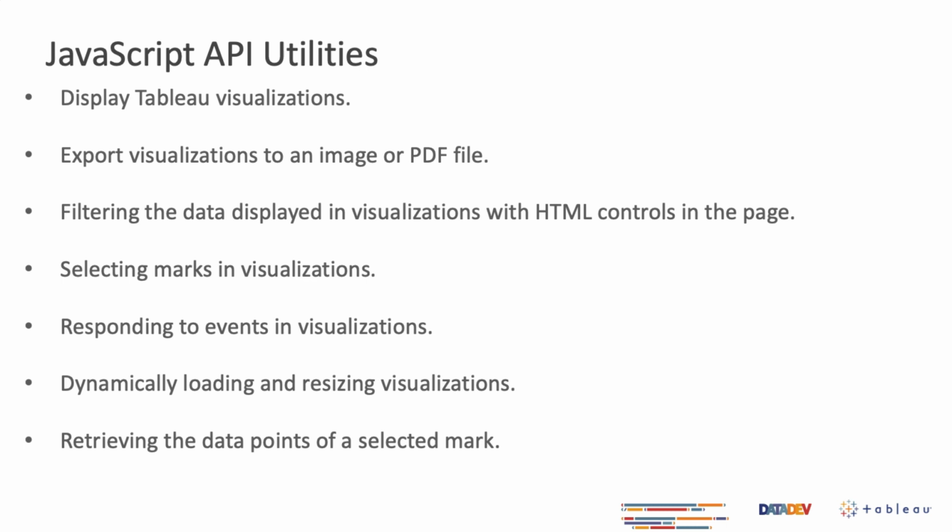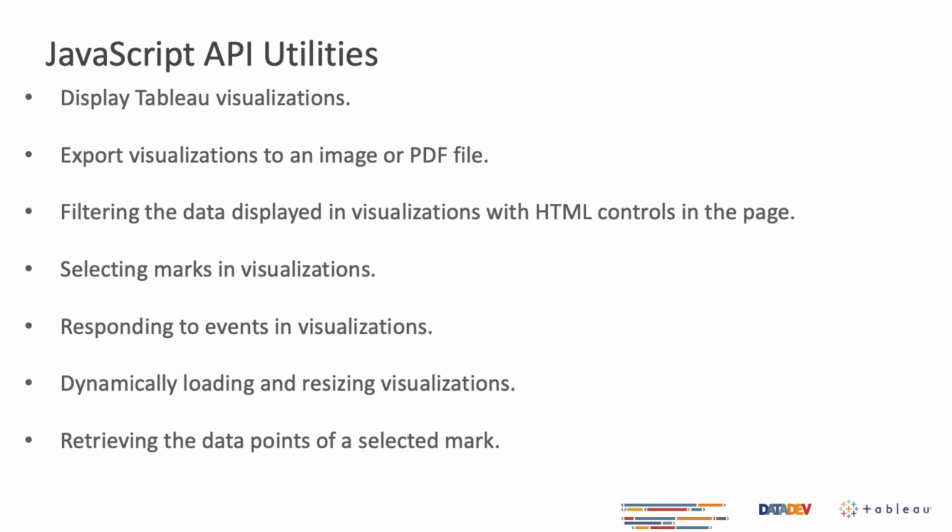So let's talk about all the possibility utilities with the Tableau JavaScript API. The code we saw earlier is to display a simple Tableau visualization inside your application. So that's one of the first utilities of the JavaScript API. You can also use it to export a visualization to an image or a PDF directly from your application. You can filter the data displayed in the visualization with HTML controls in the page, which is what we saw with